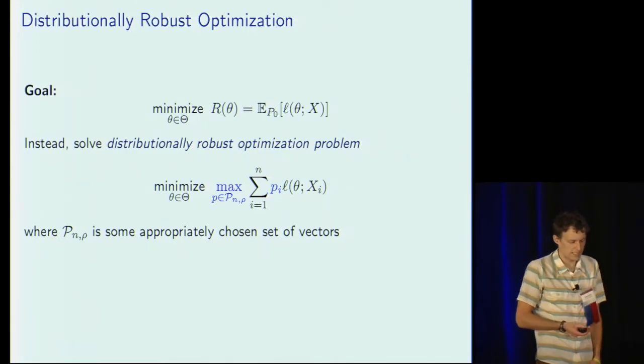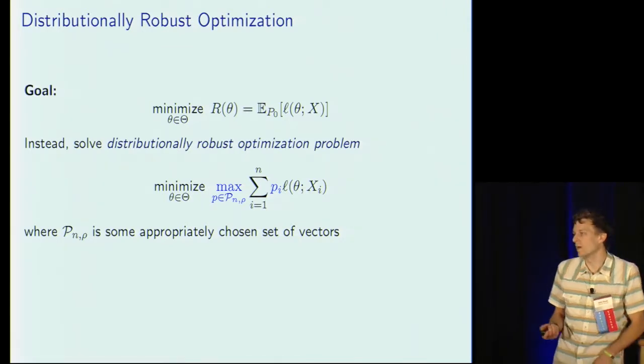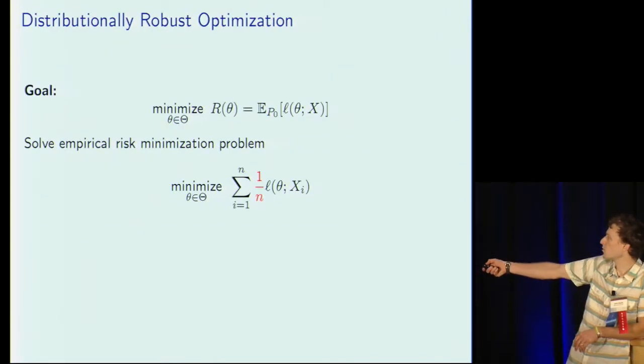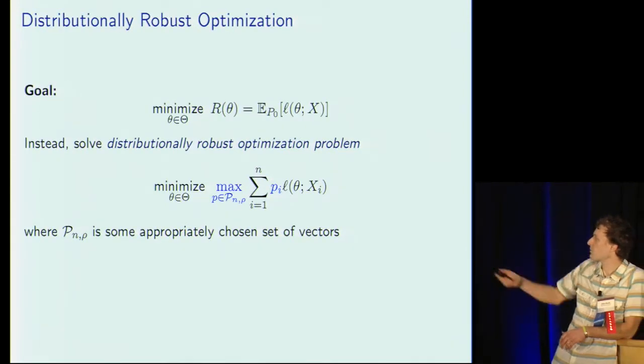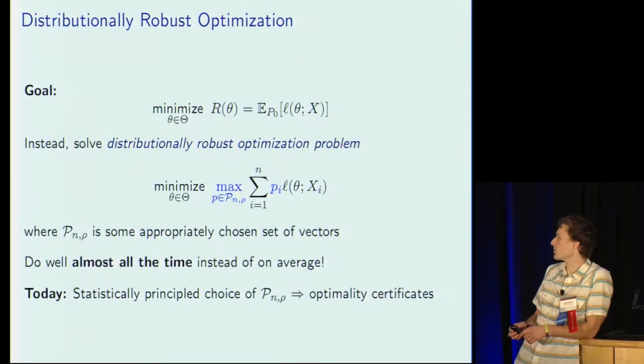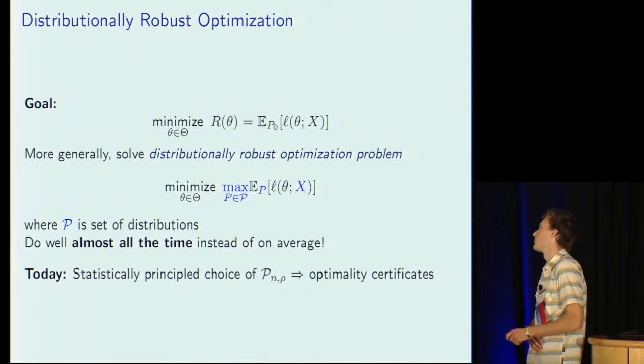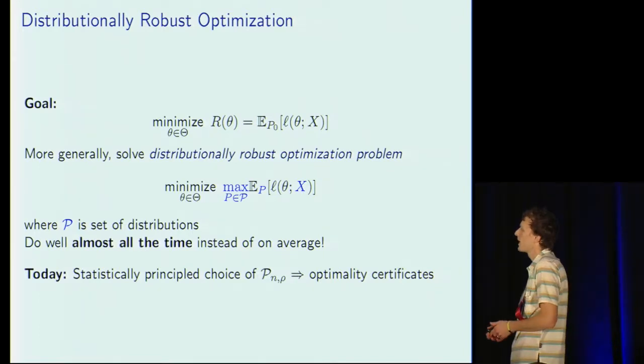that as long as the data is somehow in a neighborhood of the data you've observed, then we're going to do well. So instead of averaging our loss, we maximize our losses in some neighborhood of the distribution. The idea is to do well almost all of the time instead of just on average. And more generally, we can solve what's known as distributionally robust optimization, where we say,